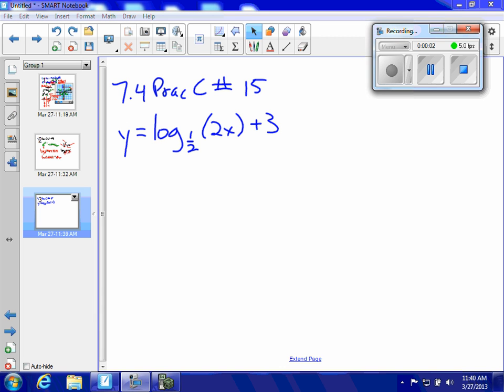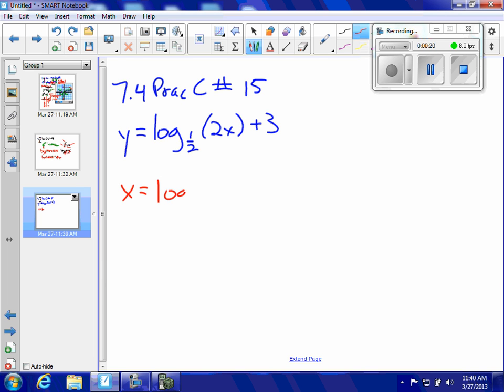With this problem, I am to find the inverse of this logarithmic function and make it as simple as I can. So if I find the inverse, it means that I'm going to switch my x's and y's. So I'm going to start out by doing that. x is equal to log base 1/2